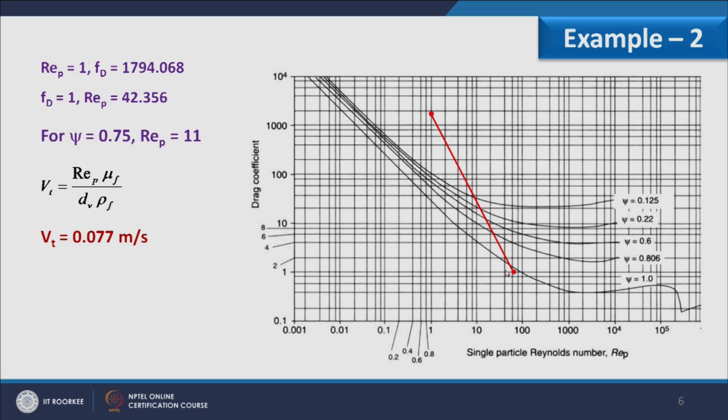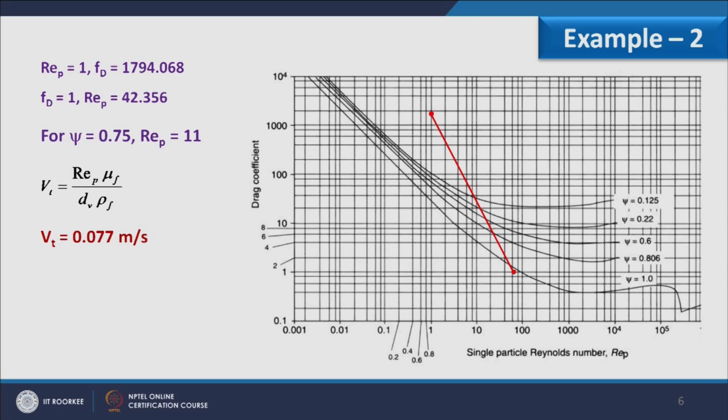So, joining these 2 points, we can find the governing line on which the Reynolds number falls. And between 0.6 and 0.8 sphericity, we can have the sphericity value of 0.75, and wherever the plot of 0.75 crosses this line, that we can consider as the